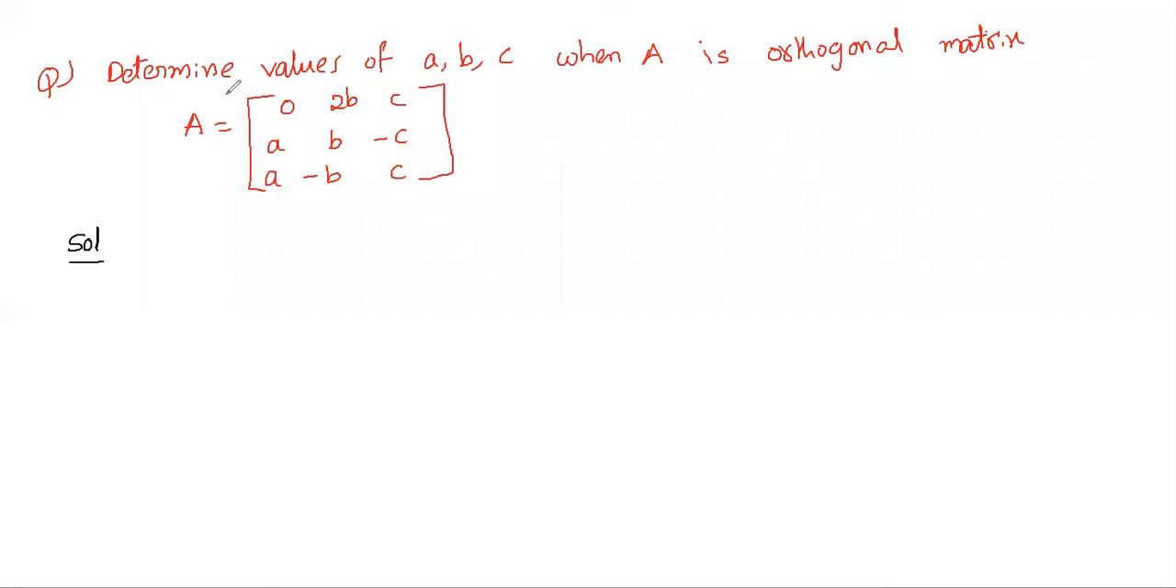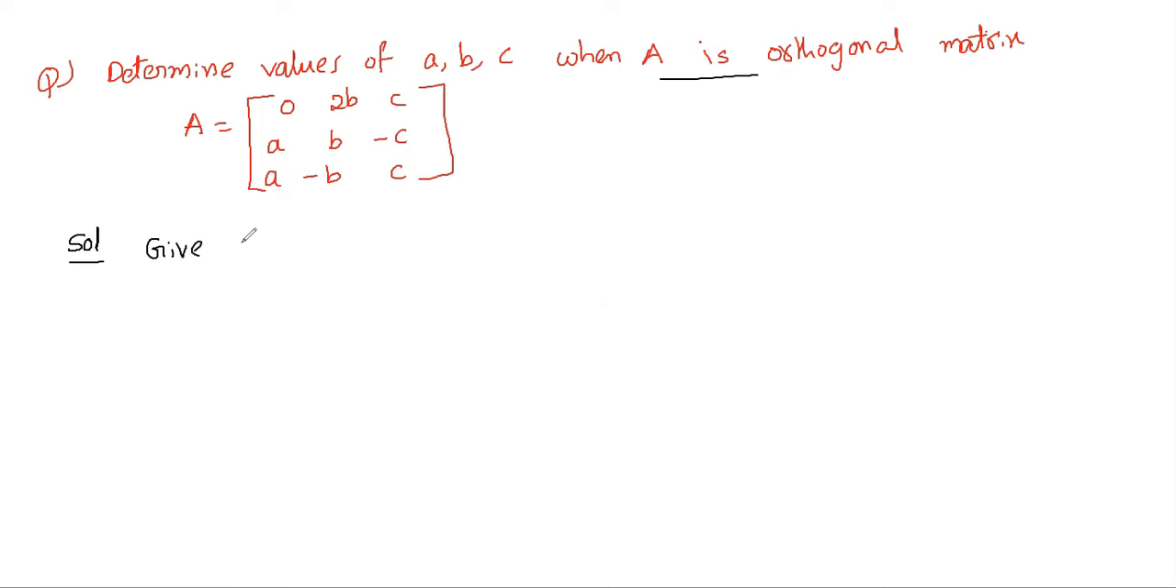Problem: determine the values of a, b, c when A is an orthogonal matrix. That means when A is an orthogonal matrix, we have to find what the values of a, b, c are. So, solution: